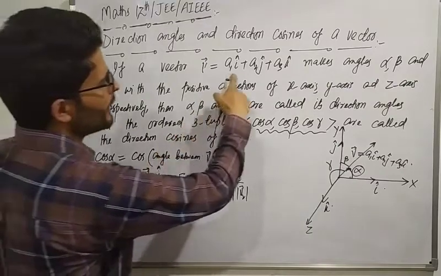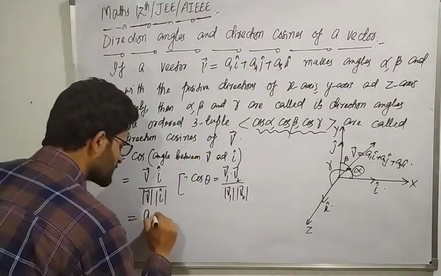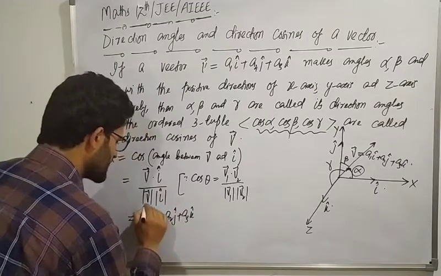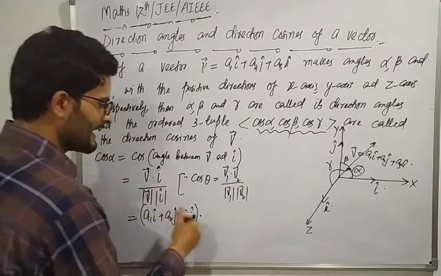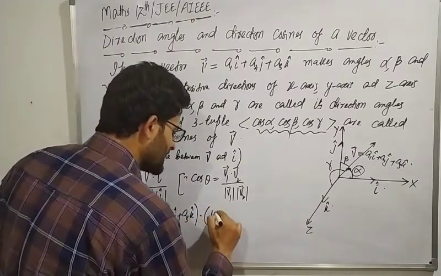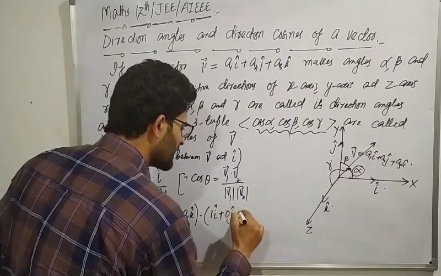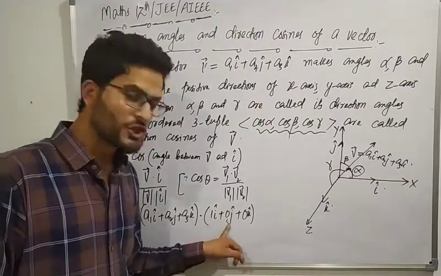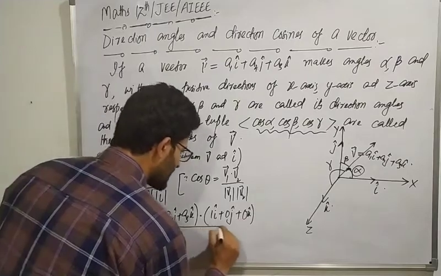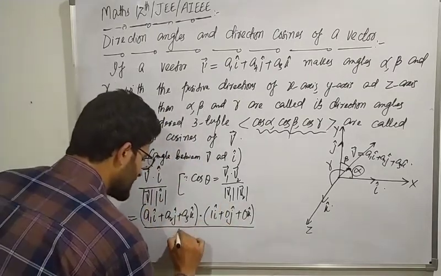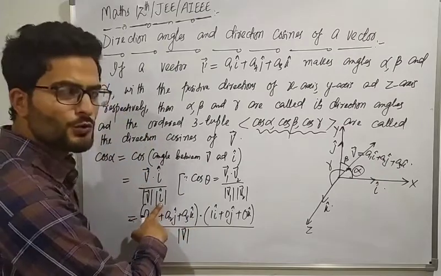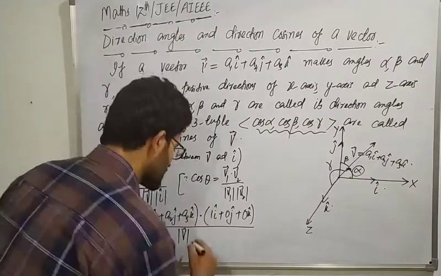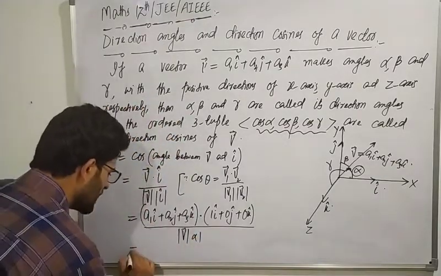Put in the value of v, its own definition, what is it? a1 i plus a2 j plus a3 k, and this is to be dotted with what? With i. Can we write in place of i, 1i plus 0j plus 0k? Obviously, divided by, yes, magnitude of vector v into magnitude of i. Magnitude of i, what is i? Unit vector. And what is the magnitude of a unit vector? 1. So into 1. And that must be equal to, well done,